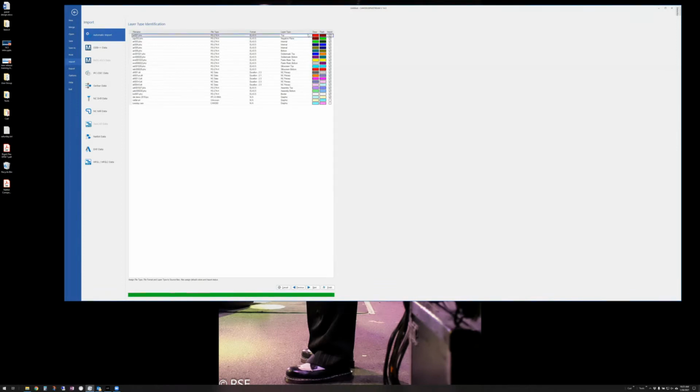Now, one thing you can do if you don't use a template is you can label the layers at this point. Okay, you can set the layer types while you're importing. You can always do it after the fact, but it's best to do it during the load process, because the next step goes right along with that. Is once I have these set,